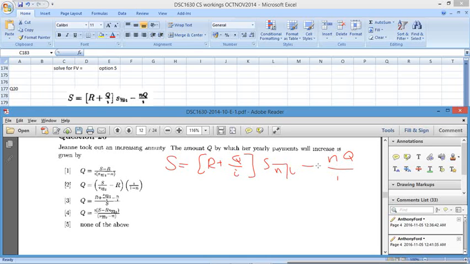First things first, take this to that side. This fancy notation over there represents a bracket. So if I take that to this side,